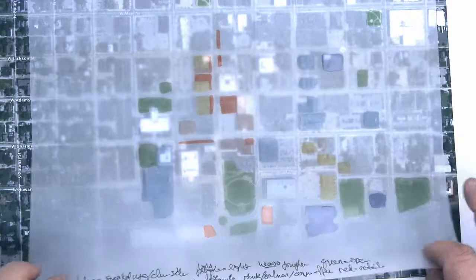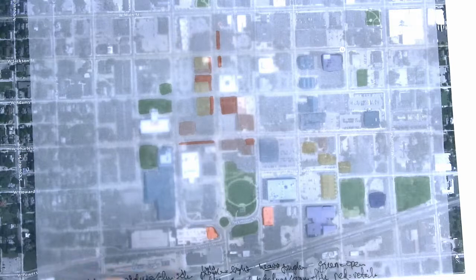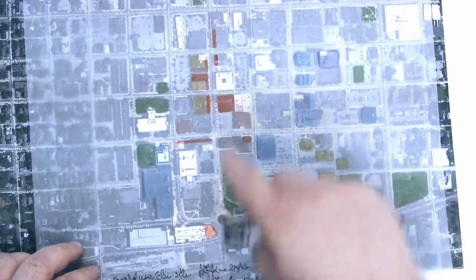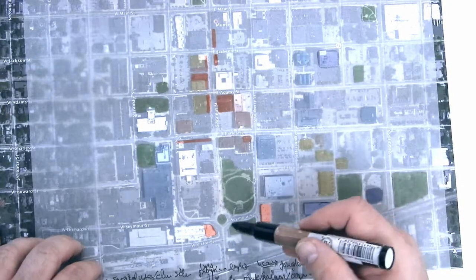So once you get a smattering of the different land uses that you can pull up from the aerial itself. Now, I'm going to pick a craft brown or a desert tan or something that's visible for us here. And what would you say is the major street in this general study area? Well, for traffic probably, but culturally Walnut is the spine of the entire county, and is Walnut two-way its entire,